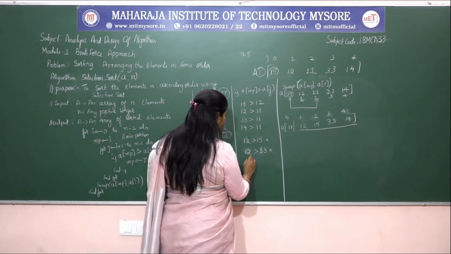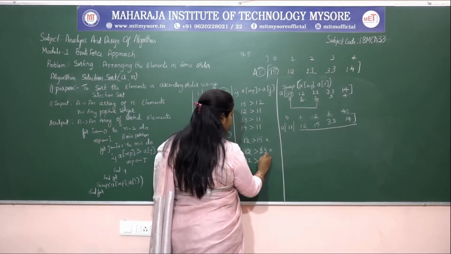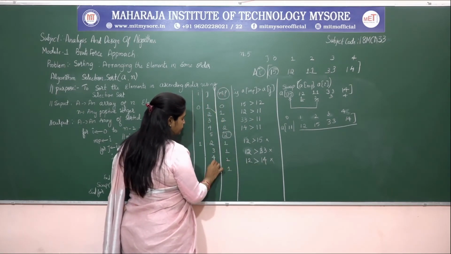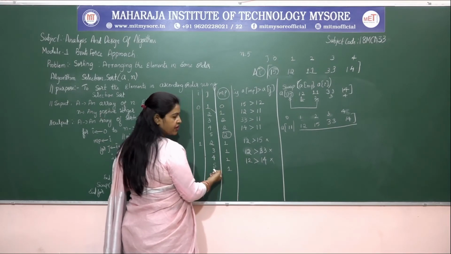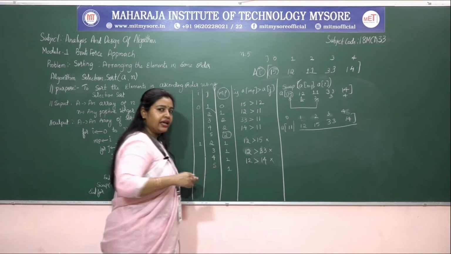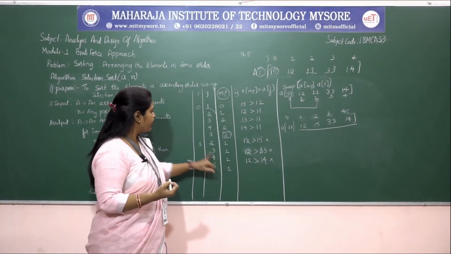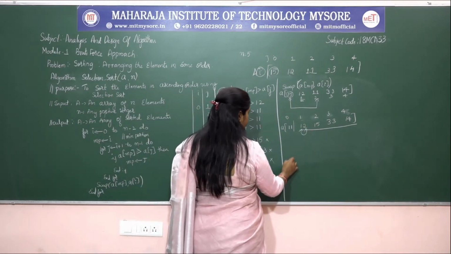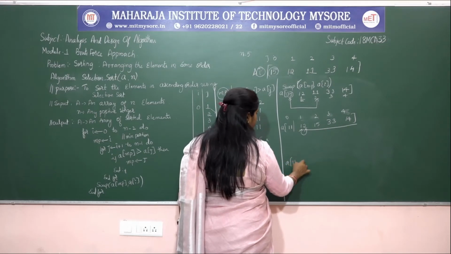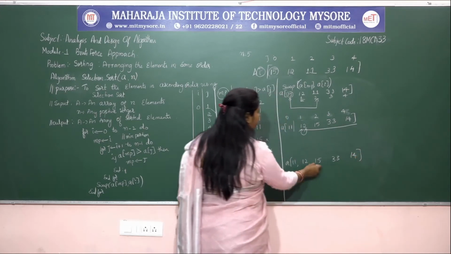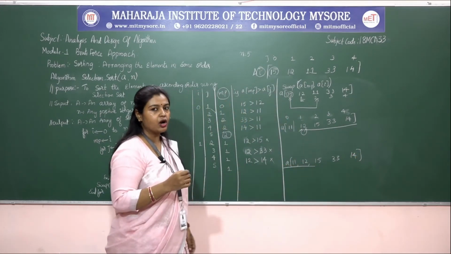The fourth position element, so that is 12, is going to be compared with the fourth position element, that is 14. Again it is false. If it is false, MP is not going to be changed. J gets incremented, J is 5. 5 less than 5 is false. It will come out of the loop and then we have a swap operation. Swap between what? A of I and A of min position. So A of I and min position are the same, so it will be swapped in the same position itself. So after the swap you will get 11, 12, 15, 33 and 14. So now how many elements got sorted? Only 2 elements got sorted.